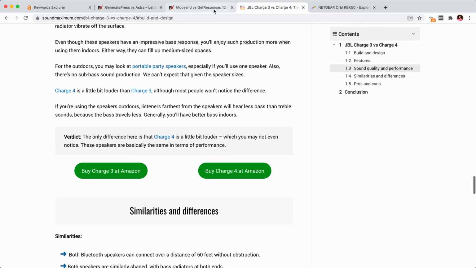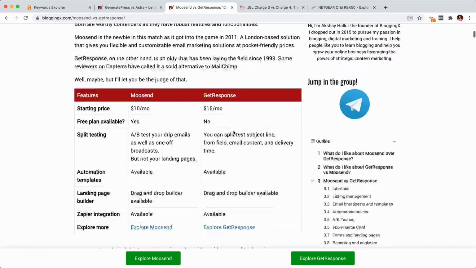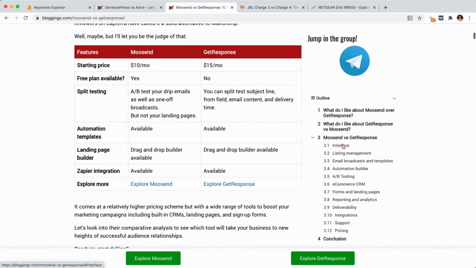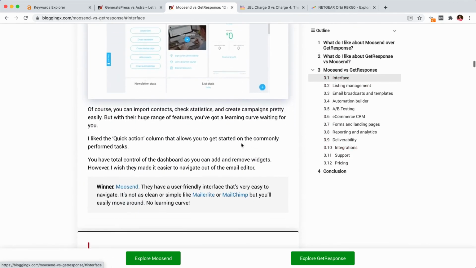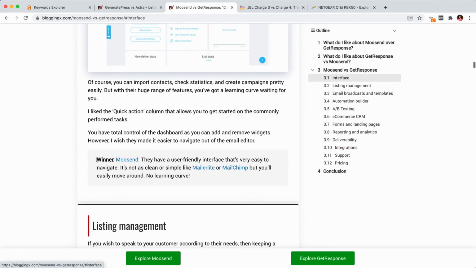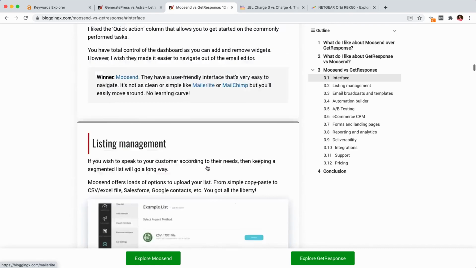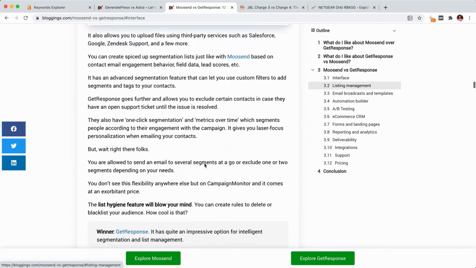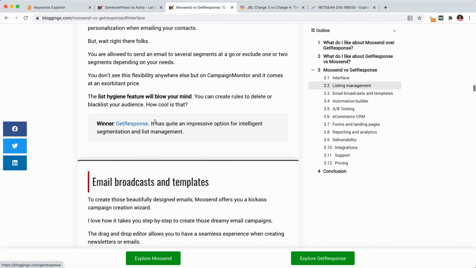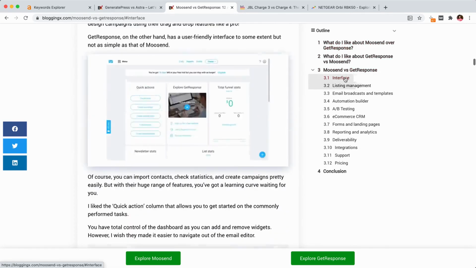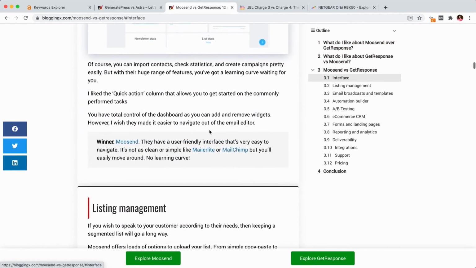And you can also see MoveSend versus GetResponse. We have different aspects here, say interface, and in interface we have the winner product here, that is MoveSend, that is the affiliate link here. And listing management, the winner product here. So we are comparing MoveSend and GetResponse. When it comes to the interface, MoveSend wins.